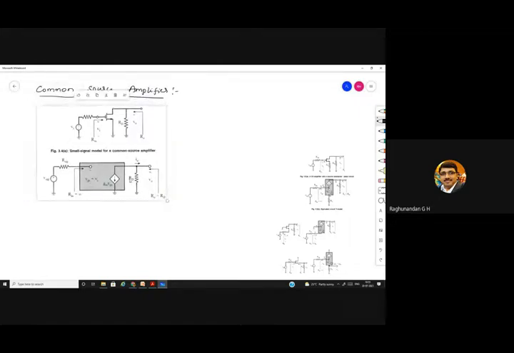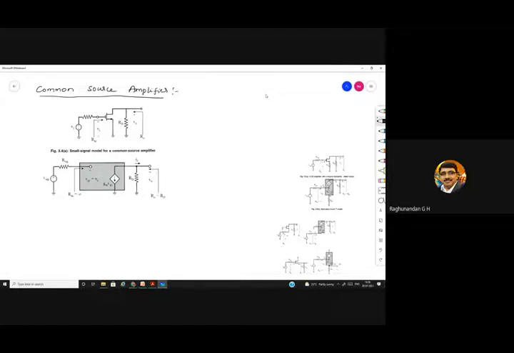So today first we'll discuss the common source amplifiers. In a common source amplifier, this is the other way of writing the symbol for the MOSFET. The arrow mark indicates the terminal as source, and this is the gate which comes between the two terminals, and the other terminal is the drain.